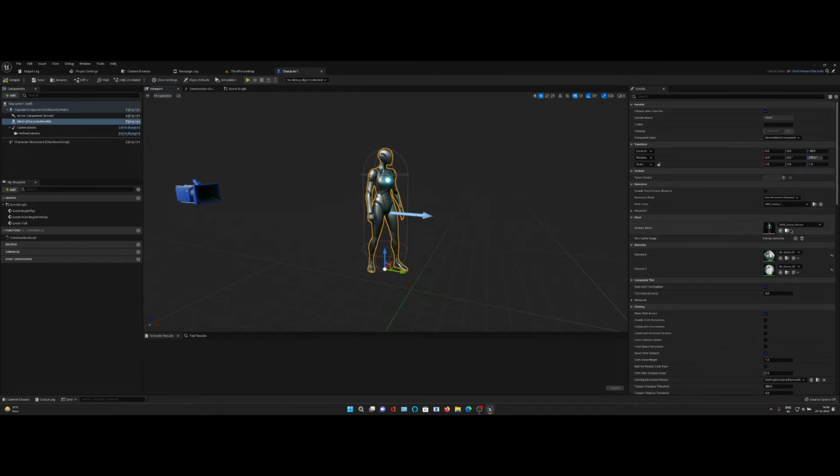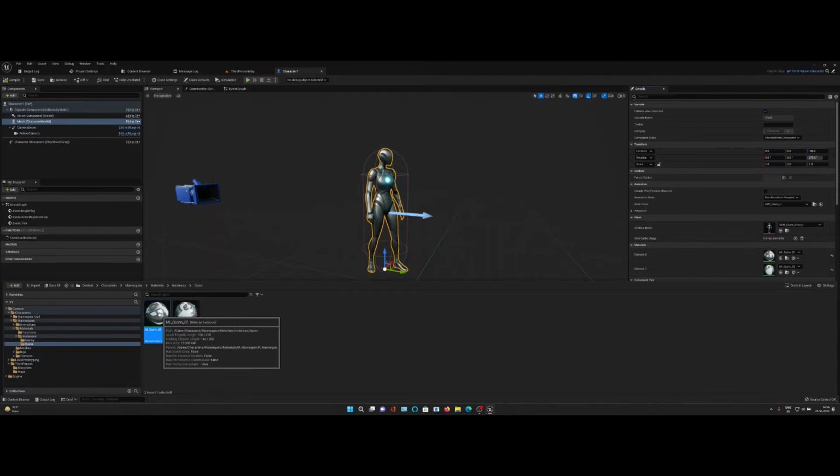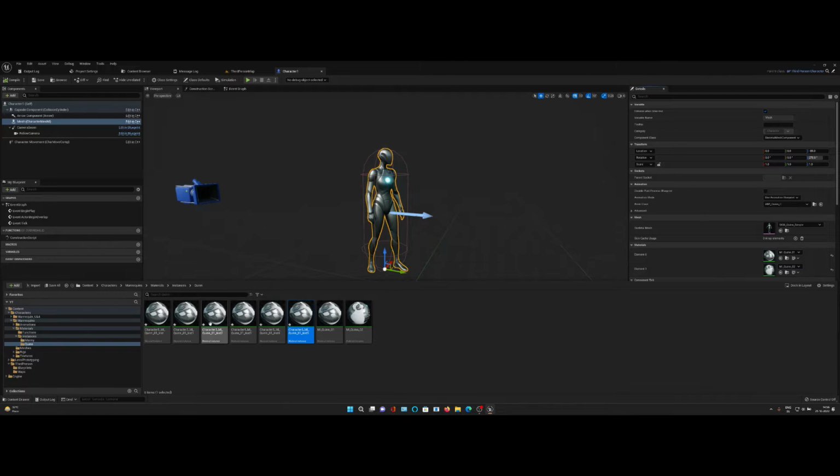Now select this character and go to the first material, right click and name this, just add a character 1 and then duplicate this and let's make it character 2, character 3, character 4, character 5, character 6. So now we have 6 materials